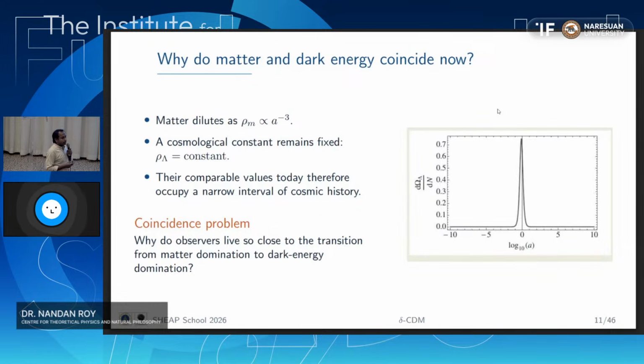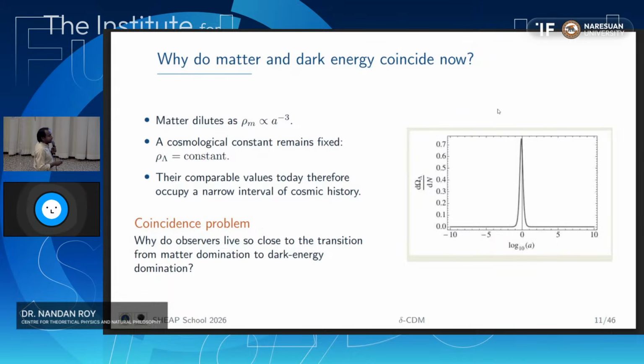This is also an interesting problem, because the cosmological constant is a constant while matter dilutes with the inverse cube of the scale factor. And then we are here, where matter and the cosmological constant are almost of the same order of magnitude. If you see the picture, one is 0.7, another is 0.3, if I consider both dark matter and baryons. So why is this equality happening now?